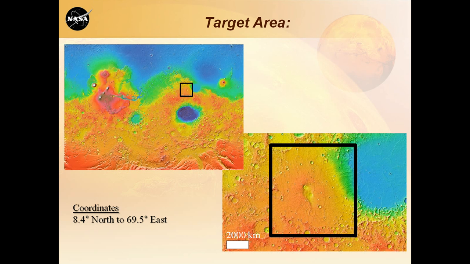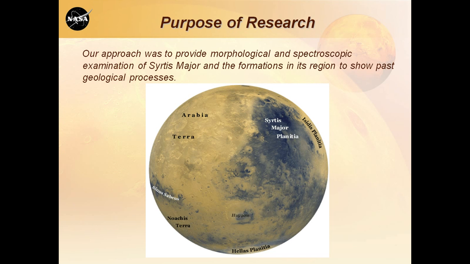The image on the left shows the general region of Syrtis Major on the Martian surface. The image on the right shows Syrtis Major itself. The black box that surrounds the region is centered on the coordinates 8.4 degrees north and 69.5 degrees east. Our purpose was to analyze the region and to identify the landforms present, along with the processes